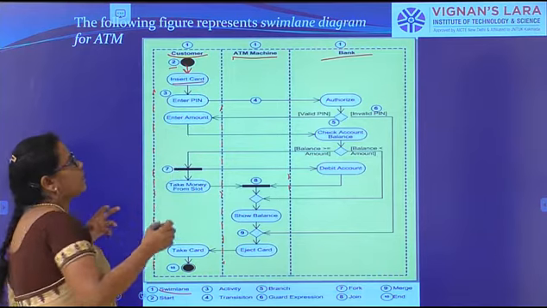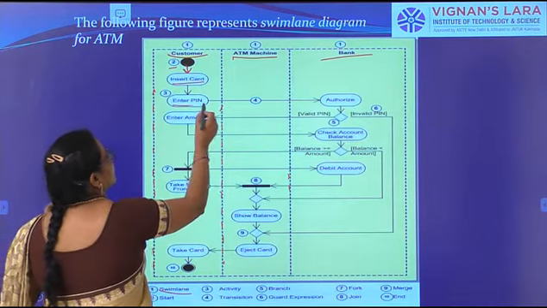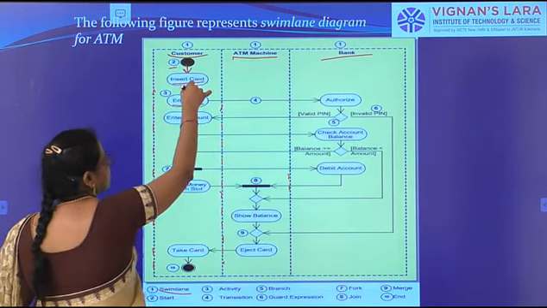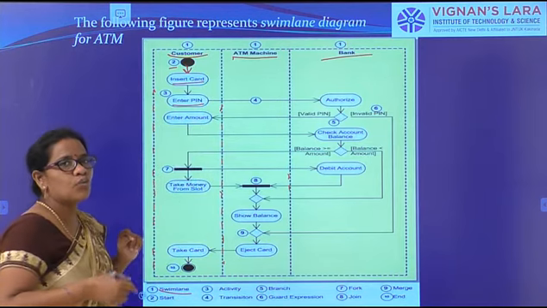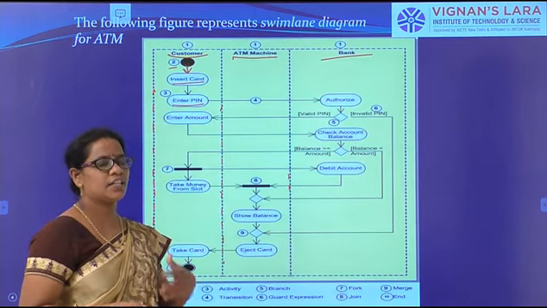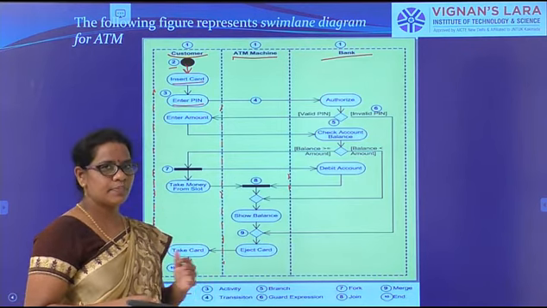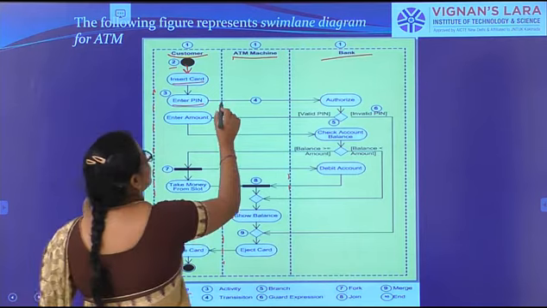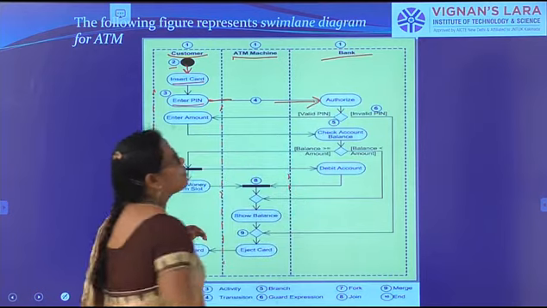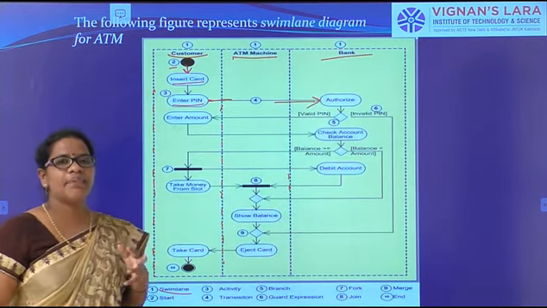The same things. So next we enter the PIN. Whatever PIN we entered, whether it is right or wrong, who will authorize? The machine will not authorize. It seems that the machine will authorize, but actually the process is it will go to the bank, because of the database, whatever database we have.